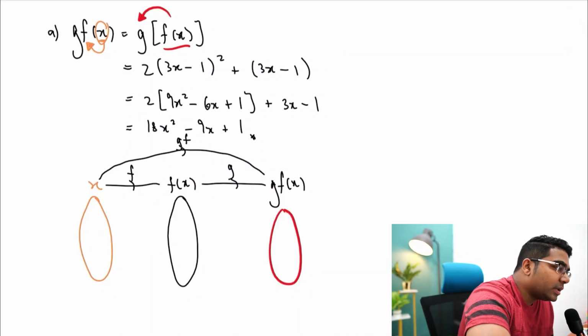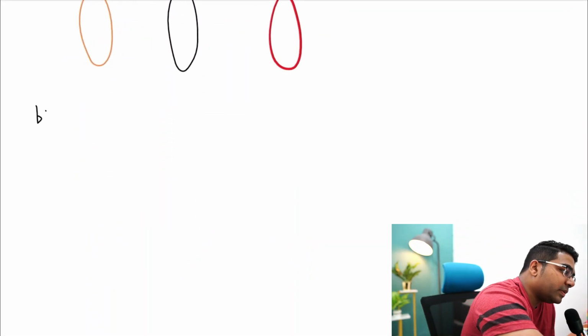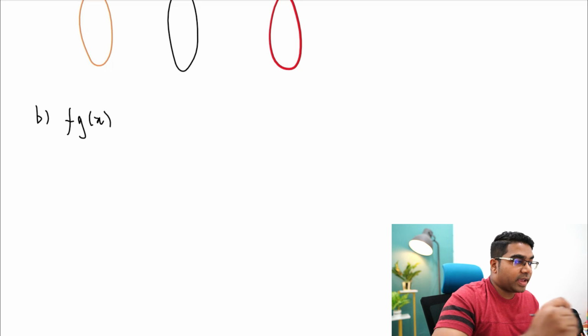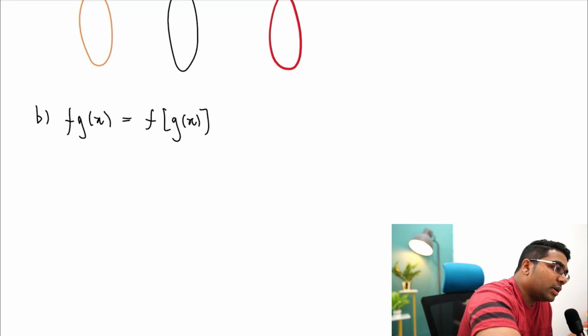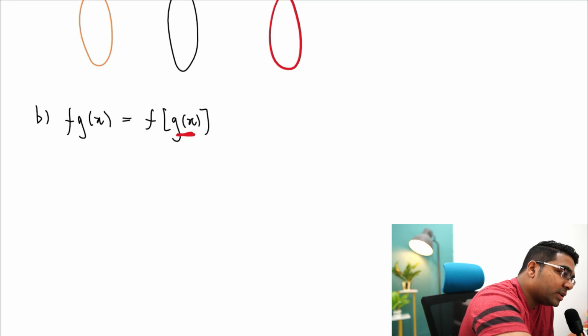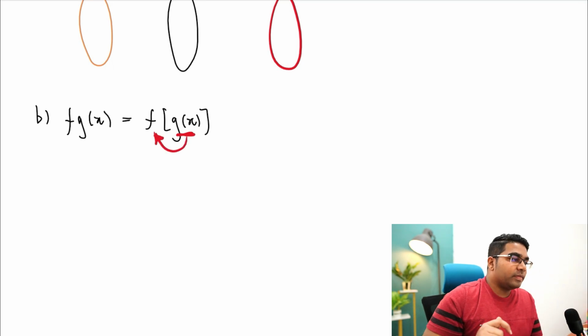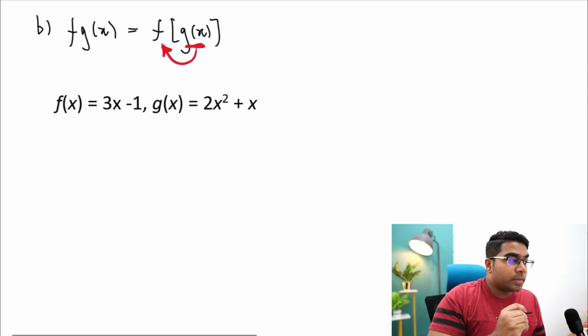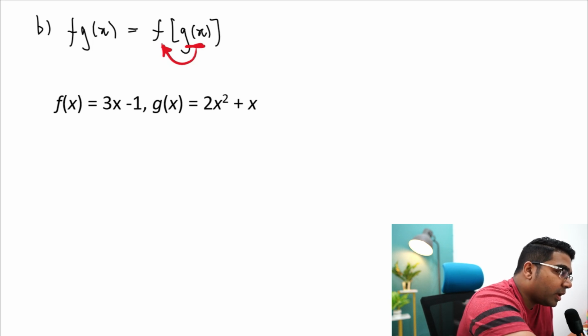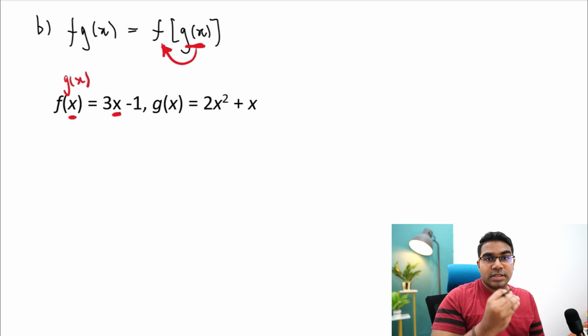Let's continue. So let's say we wanted to find the other way around. Let's say we wanted to find fg of x. So what is fg of x? fg of x can be defined as f of g of x. So now g of x is acting as the object that is going through the function f. So we are going to map g of x using the function f. So what we do here is we look at the function f, where the object, this x, is going to be g of x. So wherever there is an x, we're going to insert g of x as the object,